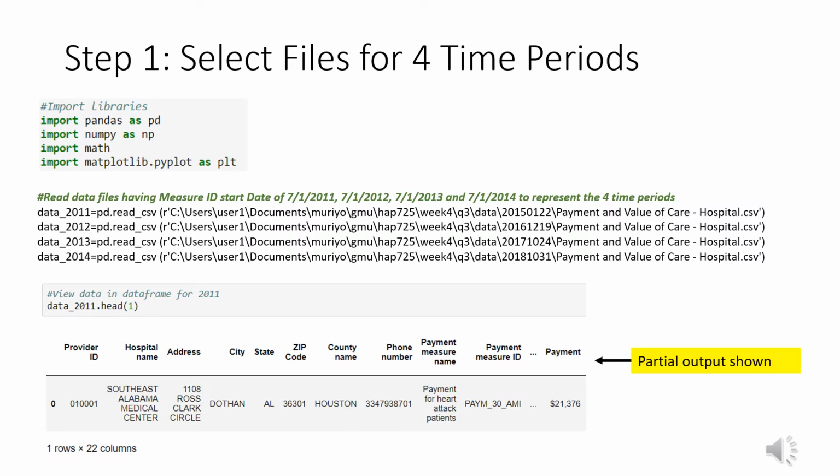We begin our analysis by importing libraries. We're going to be using 4 of them: Pandas, NumPy, Math, and Matplotlib. We then call the 4 data files that we're going to be using for this analysis. In this case, we're using data from 2011, 2012, 2013, and 2014. Notice that the data files are CSV, and so we're going to use the